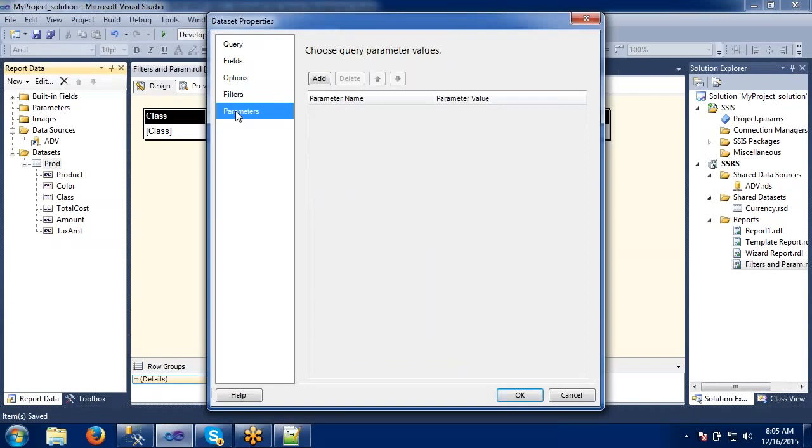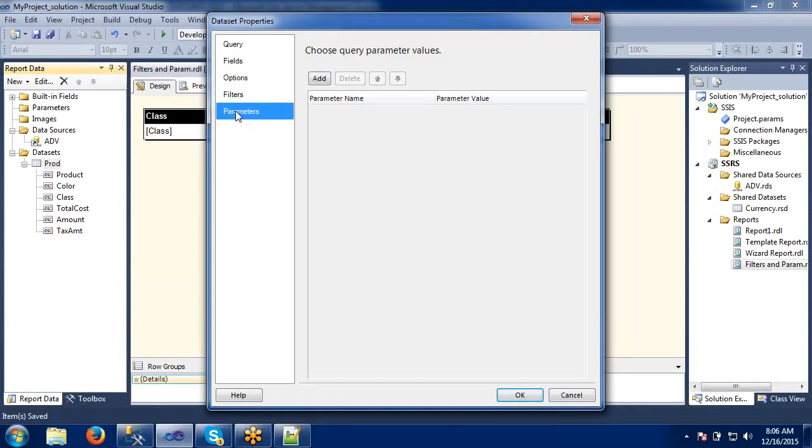There is not much difference between filters and parameters. There is dynamism in the parameters. Parameters are also like filters, but there is a slight difference between them. Let's apply and see, then we can easily understand.